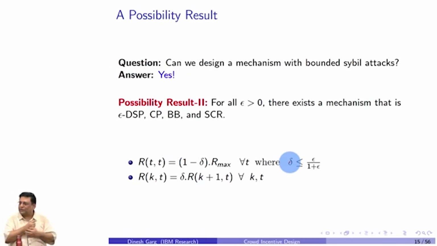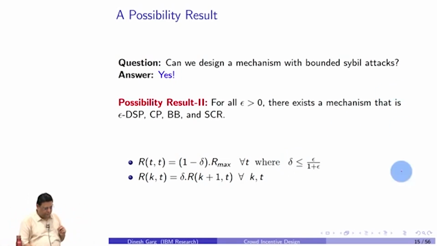So epsilon was how much there? 1. You get my point? In the MIT scheme, epsilon was 1, because by hiring an infinitely long chain of fake nodes, I can almost double my reward actually. So suppose you choose any epsilon which is less than 1, that's what you want now, right? Because otherwise the MIT scheme is out there, you go and take it actually, right? But I want something which is less than 1.